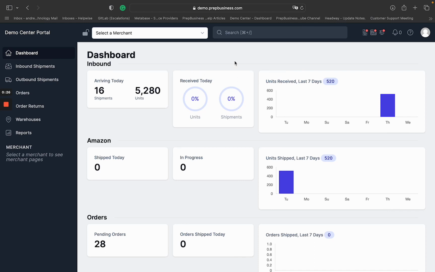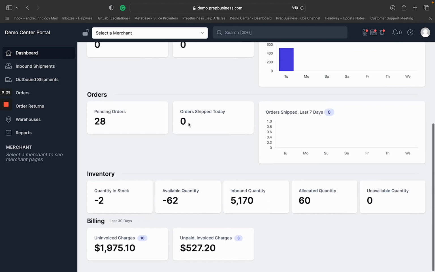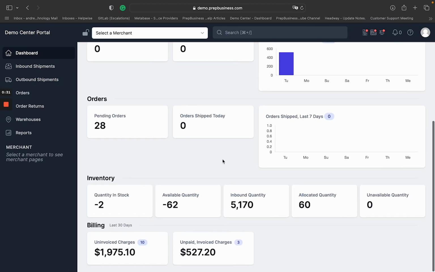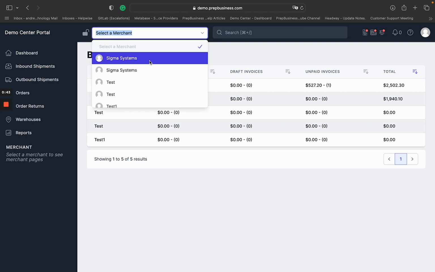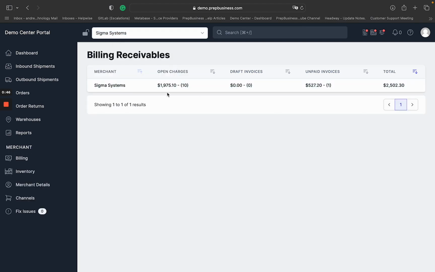So let's start. First, you're going to have an overview of all the un-invoiced charges here on the dashboard. You just scroll to the bottom and you will see how many of them are un-invoiced. If you click on it, you will be able to see the bill and receivables by all the merchants. And if you select a specific merchant, it will only show you the open charges and the draft invoices, how many of them are unpaid, and what's the total, if you want to follow this up. But the best way to access the billing side will be after selecting the merchant, come here to the